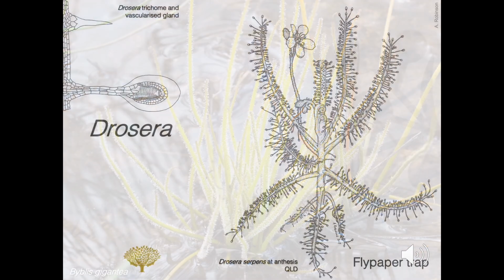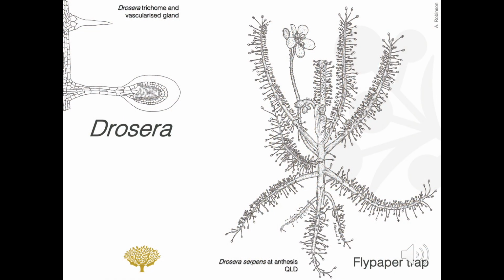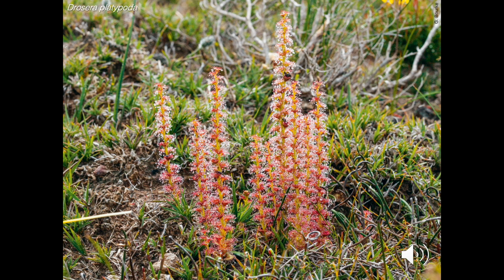The final group of Australian carnivores is Drosera. Along with the Nepenthes, the tropical pitcher plants, it's the other carnivorous plant genus that I've mainly worked on in recent years. And, unsurprisingly, Drosera has become one of my favourite genera. And it's easy to see why. The plants are elegant, undeniably pretty, and come in a breathtaking array of different forms.